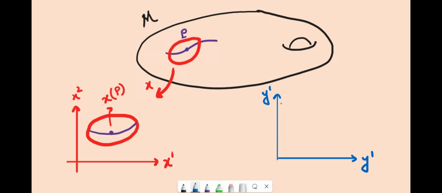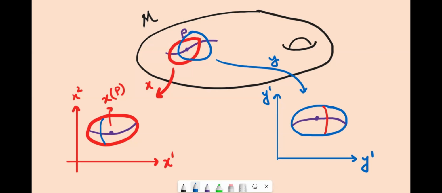And she chooses an open set like this that incorporates the point P, and it has an area of intersection or an overlap with the area that Red chose in his coordinate system. And in the coordinate system of Blue, we have a representation of the point as well. So that point has the coordinate y of p, and using the blue line in Red's domain and the red line in Blue's chosen domain, we have denoted the point of intersection.